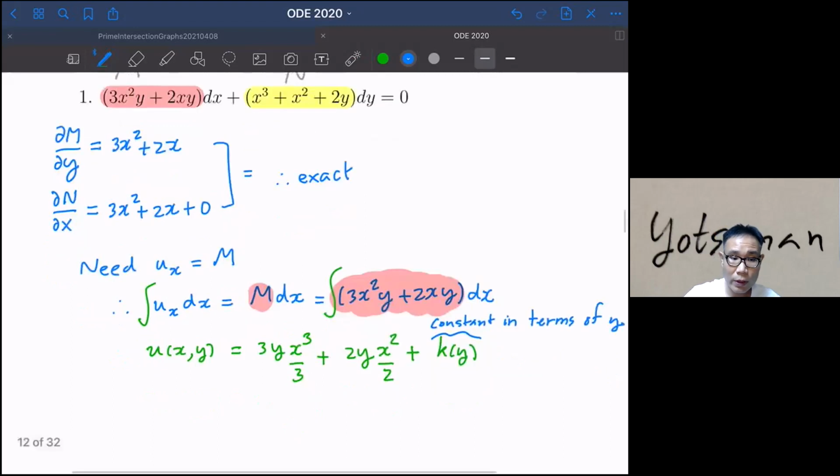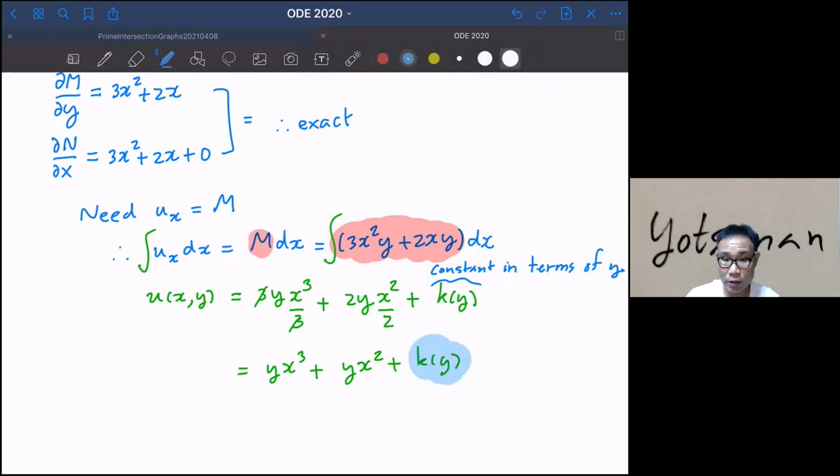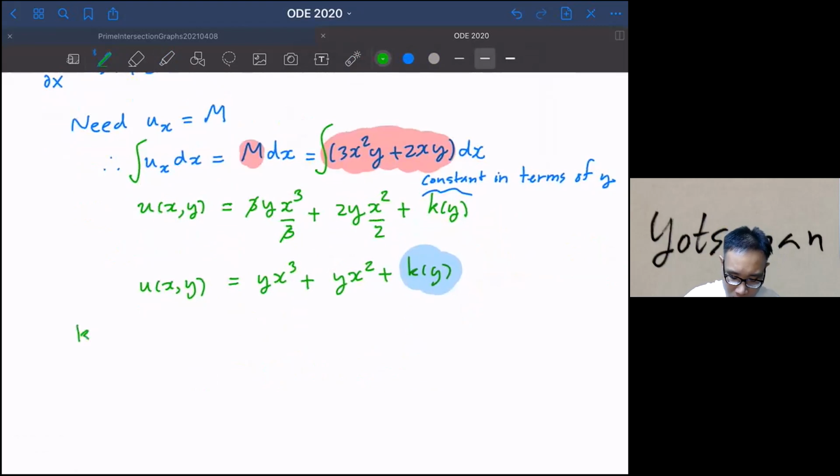So for this one, you have u(x,y) equal to, let me simplify. You can get rid of 3 and 3, so you get y x^3 plus y x^2, and plus k(y). So we need to find the function k(y) here. How could we identify this guy? You know that,